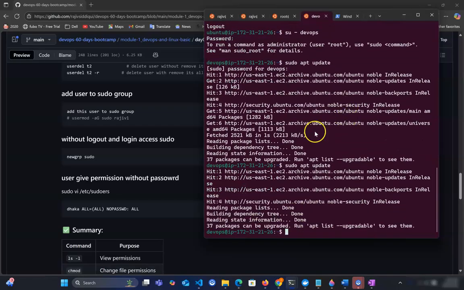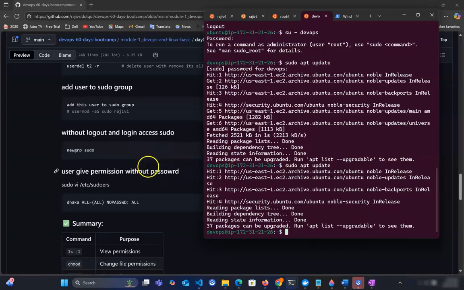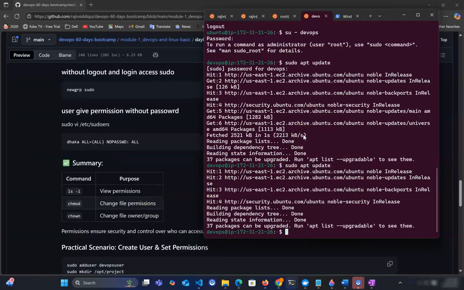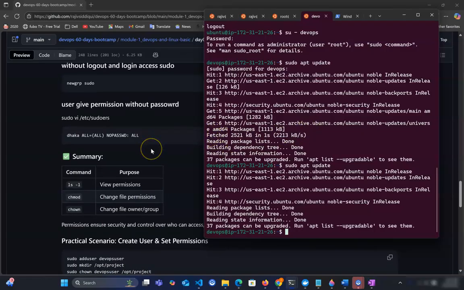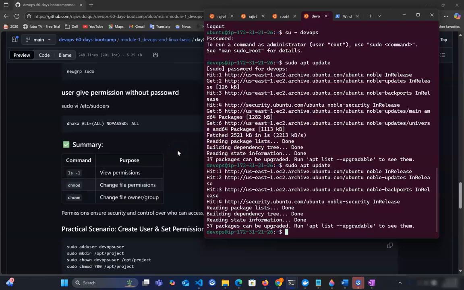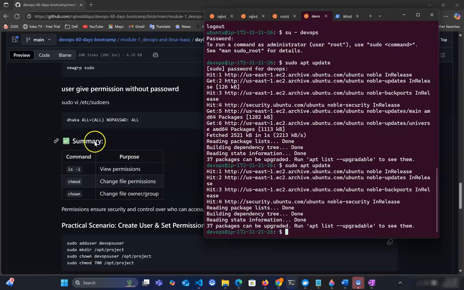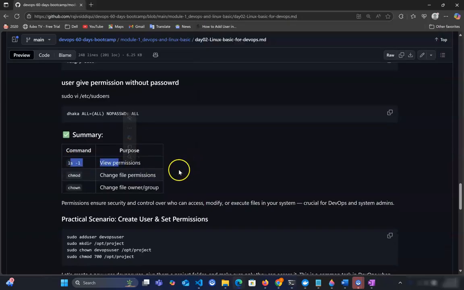Sometimes we need to give any user the privilege to do anything without a password, most often when running a CI/CD pipeline, so that user needs to do more powerful work. Then we need to put these options. In the DevOps section, we are trying to show only those commands and steps. If any new thing comes up when we are seeing a project, I will explain that command at that time also. So in summary, we see ls to view the files,